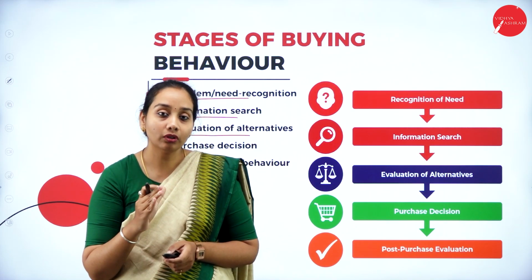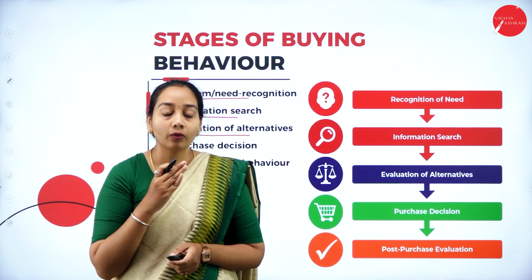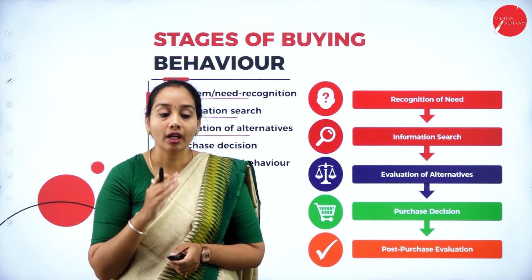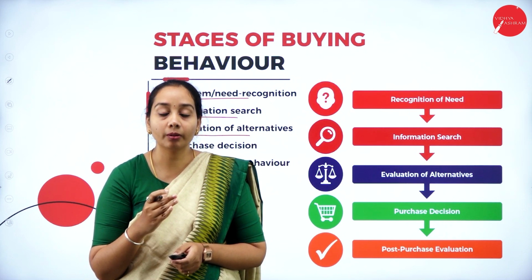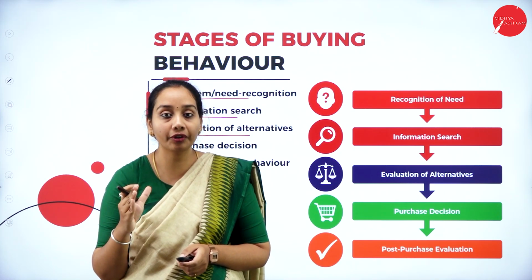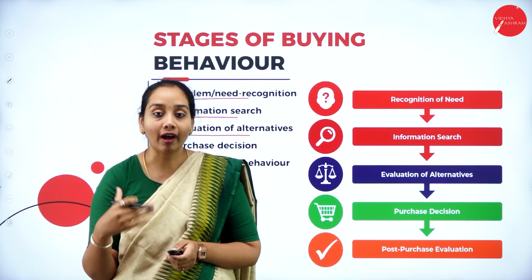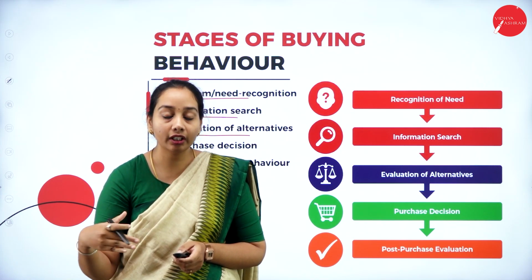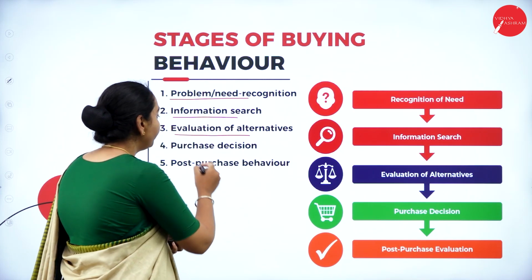So you are going to analyze what the price of these three bikes is, what their features are, what average mileage it is going to give you for one recharge, what different kinds of colors are available, and what the service availability is currently in Mysore or wherever the city is that you are going to reside. So all these factors you are going to consider, and you are going to evaluate the different alternatives or possibilities which are there in and around your environment, so that you can select one product. Next stage is about purchase decision.